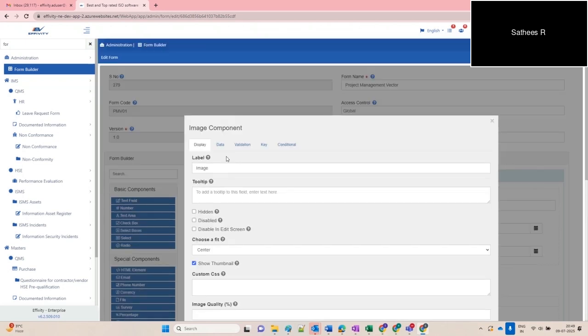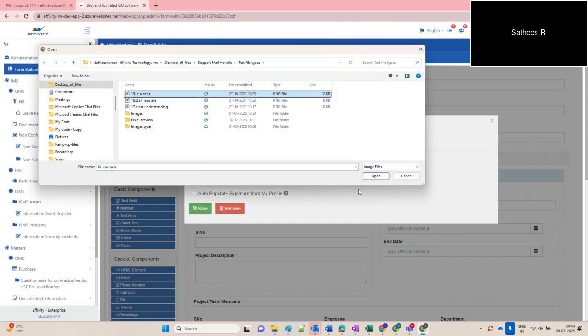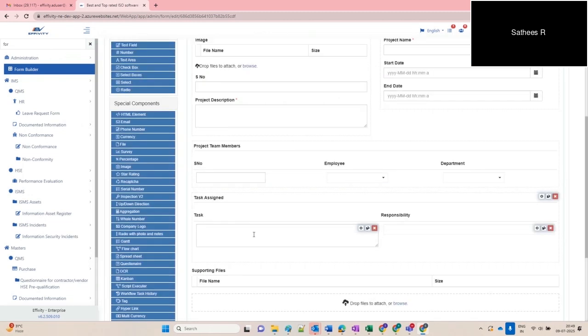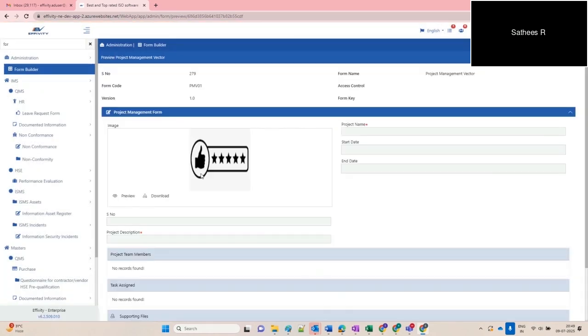Here I can upload a default image. So this is straightforward, but with the HTML you get multiple options for styling, whereas here it will show as per the component specification. That's the only difference. But here you can still upload the image, and whatever image you upload will be previewed here. So when I click on save and say preview, it'll appear like this. But in HTML, it will appear more like a tag-specific component. For example, if I say copy link address